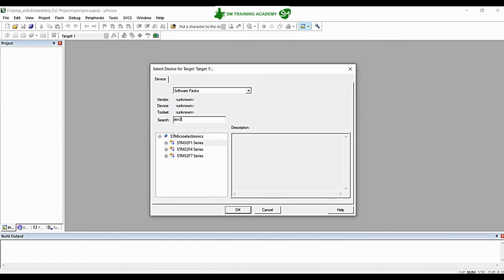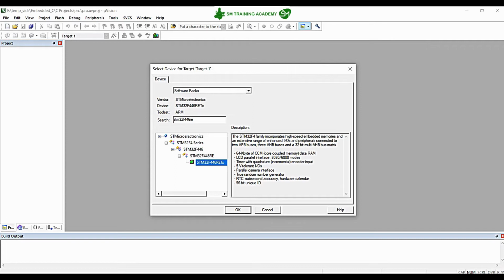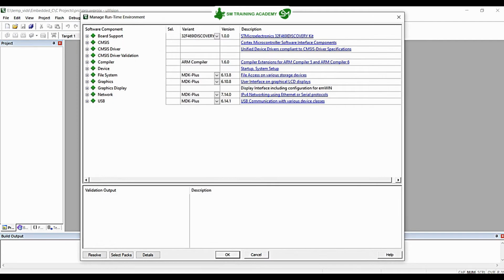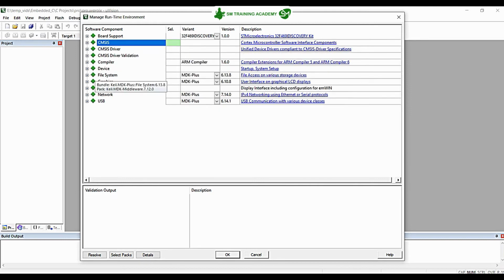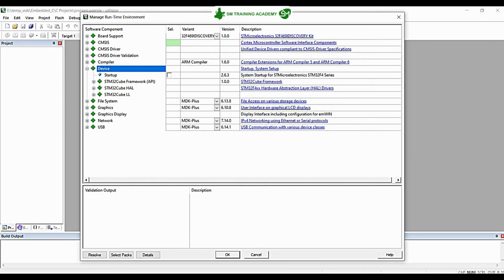And here in this Select Device for Target tab, just type in the microcontroller name STM32F446RE, and you can choose this microcontroller right over here, and then click on OK. And in the next Manage Run-Time Environment tab, just click on the plus near CMSIS and check this box right over here near Core. Additionally, you need the startup code required for your microcontroller. For that, click on plus near Device and check this box near Startup. This will provide you the necessary startup code required for the ST Microelectronics microcontroller